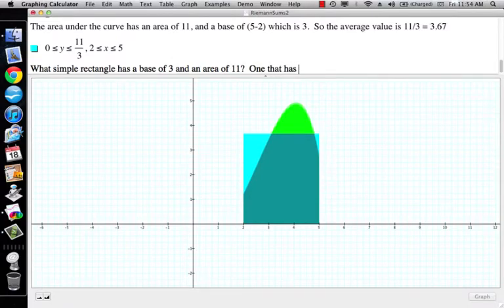One that has a height of 11/3. Okay, so my light blue rectangle has the same exact area as my green blob,